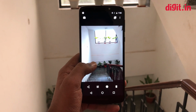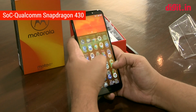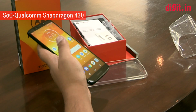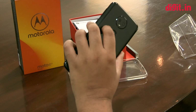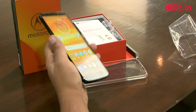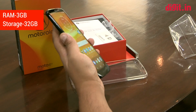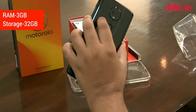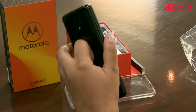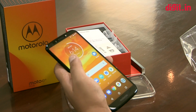Under the hood, this E5 Plus is running on the Snapdragon 430 chipset. It's actually a downgrade from the US variant, which is running on 435. So I have no idea why Moto decided to underpower the phone in the region where it launched. So apart from that, you get 3 GB of RAM and 32 GB of storage. More or less the packaging is very much entry level, but its 11,999 pricing will draw comparison with other